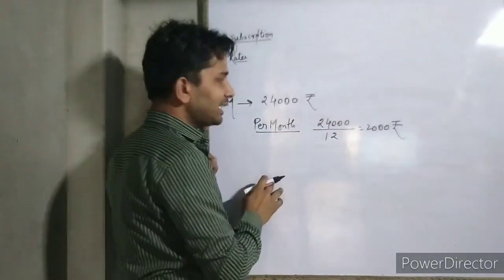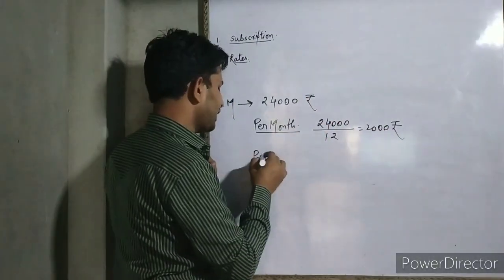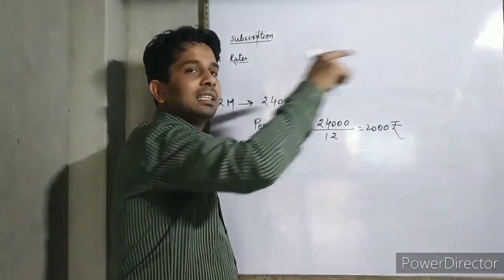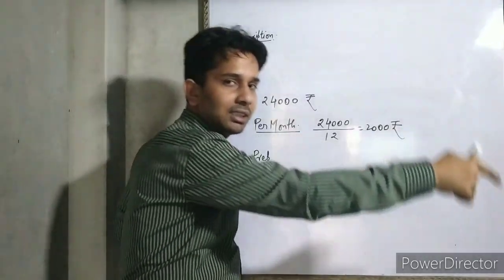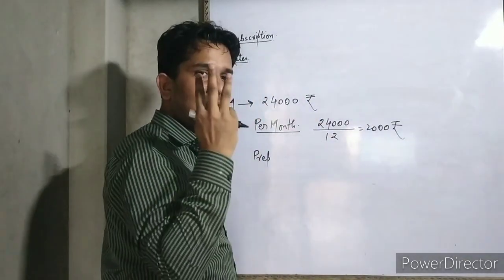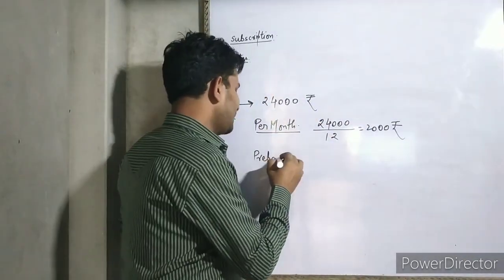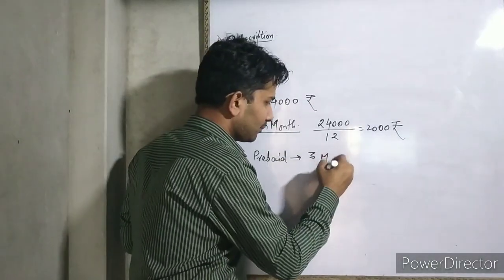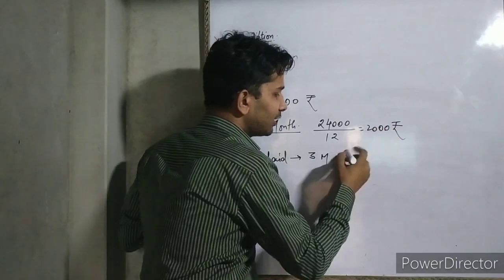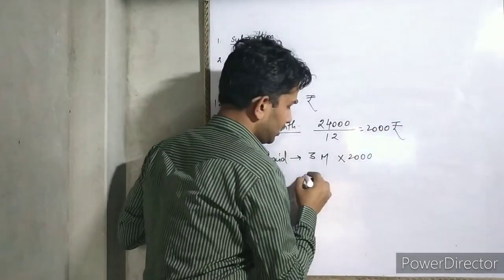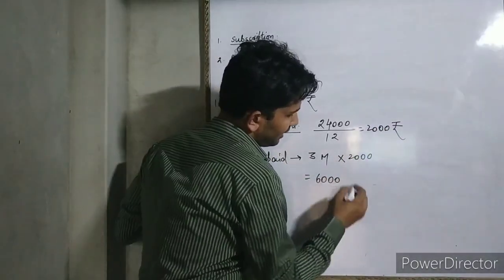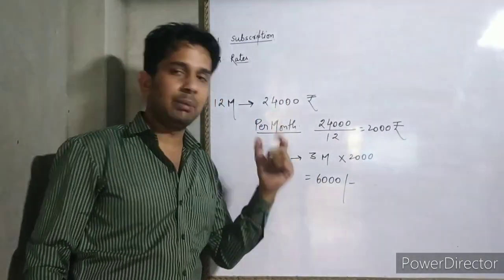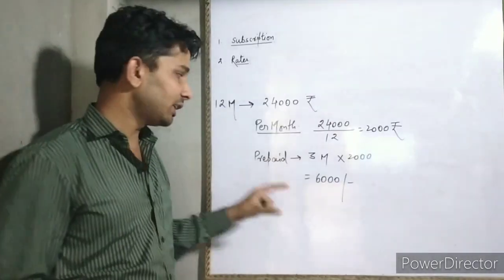If it has been 2,000 per month, what is the prepaid of the current year? In the current year we have paid till June 2015, which means an extra 3 months. So the prepaid item is of 3 months at the rate of 2,000 per month, so it will be 6,000 as the prepaid amount for the current year.